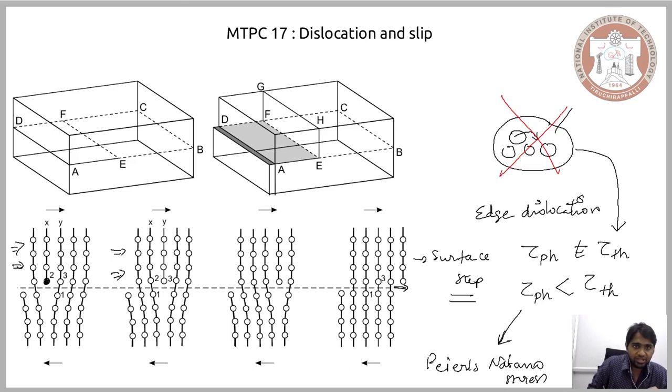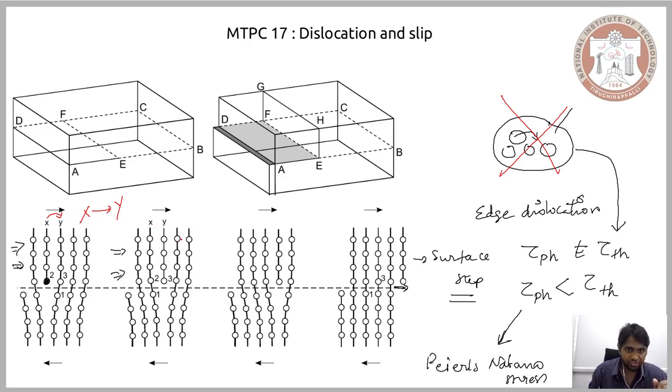So what you essentially have is an extra layer of atoms in its unstable position, and you are trying to move it to its stable position. So X is the unstable position and you are trying to move to the stable position. Therefore you need only a small amount of stress. However, once it moves to Y, you have the creation of a new extra layer of atoms, and you need the same amount of stress to move it to the neighboring stable position.